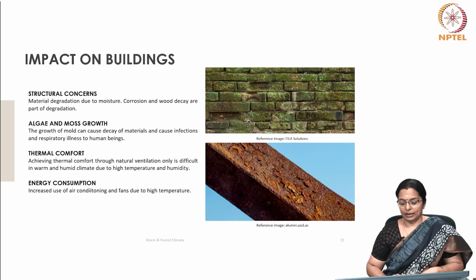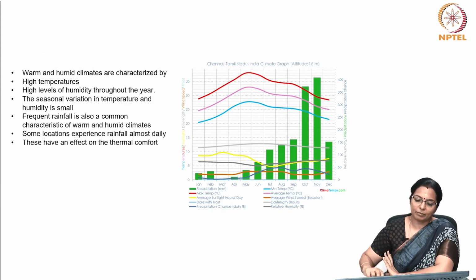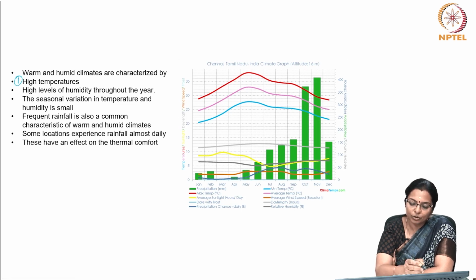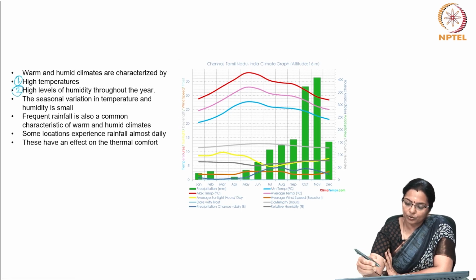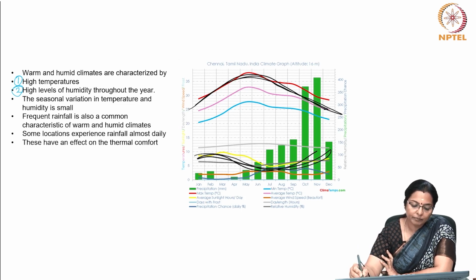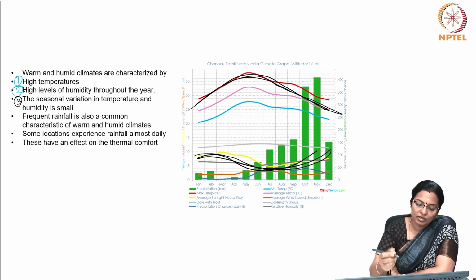So, in general, we can say that warm, humid climates are characterized by high temperature and high levels of humidity throughout the year. So the temperature is high. The trend of temperature is that it is very high. Then high levels of humidity. Humidity levels are also high. The seasonal variation in temperature and humidity is small. So low diurnal variation,